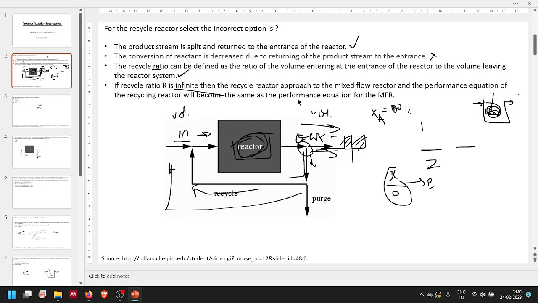Okay, so that's why if the recycle ratio is infinite, then a recycle reactor approaches mixed flow parameters, and that's why the performance equation of a mixed flow reactor will be applicable to it. Next, we have